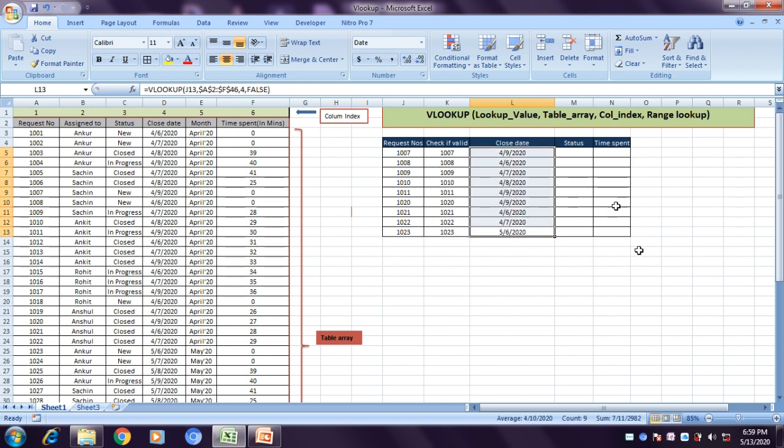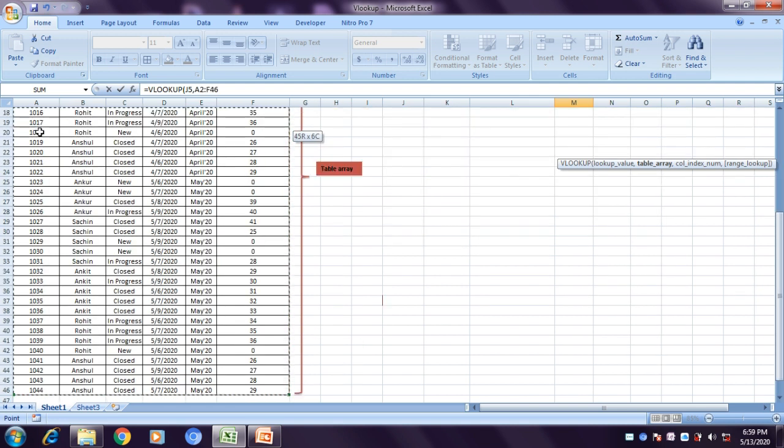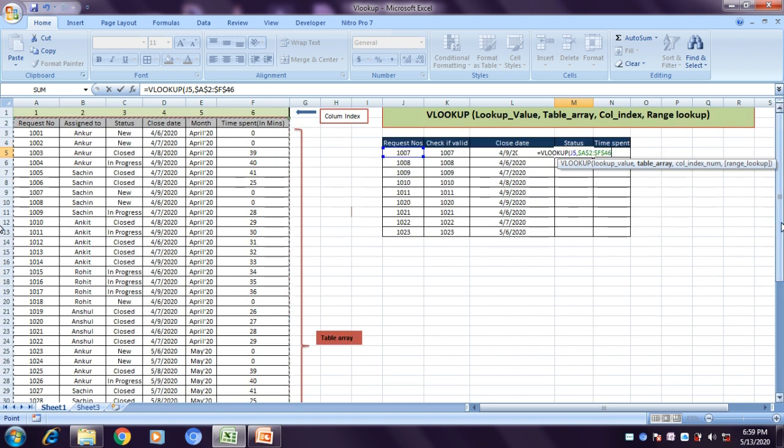Similar way, I can populate my status, VLOOKUP, lookup value remains the same, table array, and again observe here on the formula bar, it's F4, and then status is on third column index 1, 2, 3. So I'll supply here 3, and I want exact match for this.